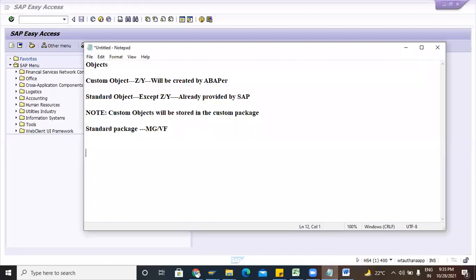So if you're creating any custom objects, then you have to store your custom objects in some package, custom package. Then you can store in the workbench request. If you're developing any object, then we will always use workbench request.